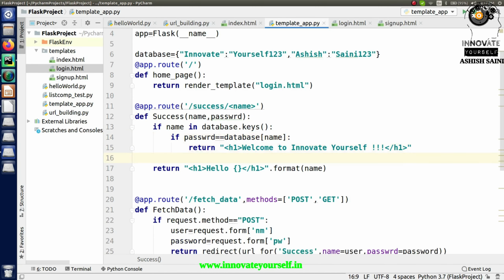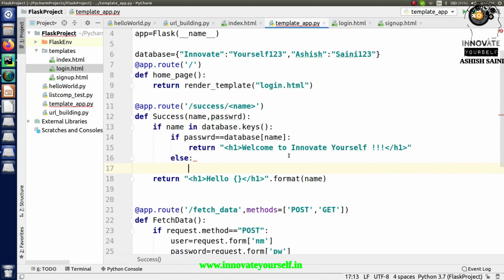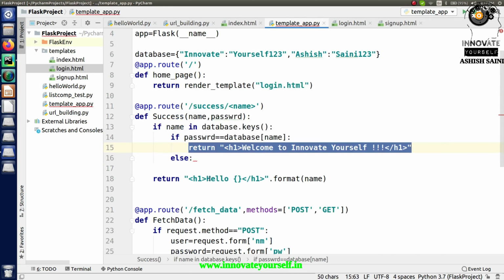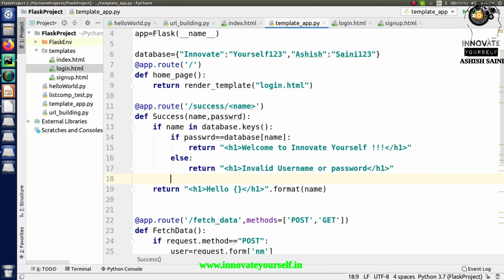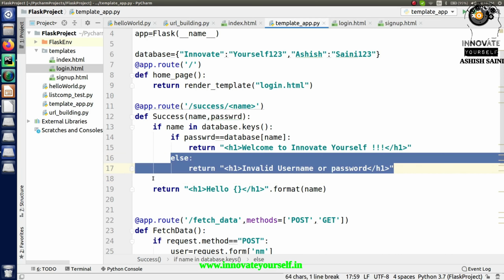Otherwise, if that password is not matching, then I will simply display another part, and that another part is like, let's say, invalid username or password. So this is what you can display, but from here it is clear that definitely the password is incorrect, but we don't want to display to the user that the password is incorrect, right? So this is what exactly I want to do, and I have to paste the same thing in here.